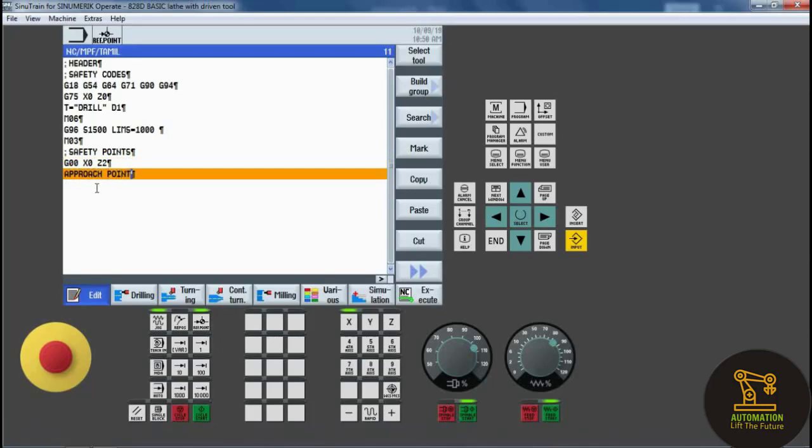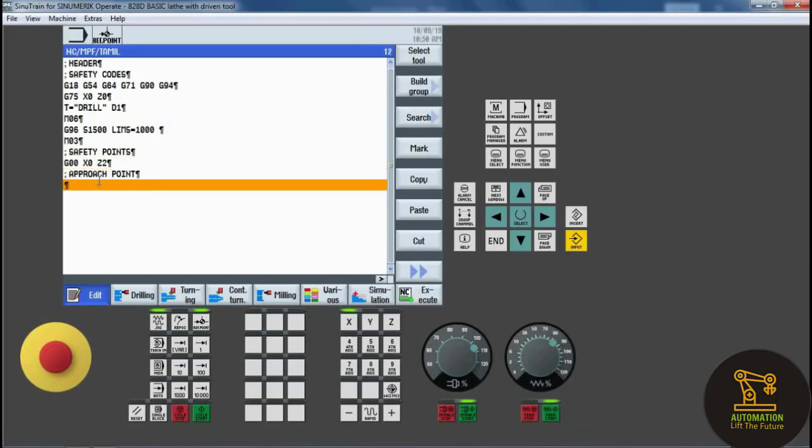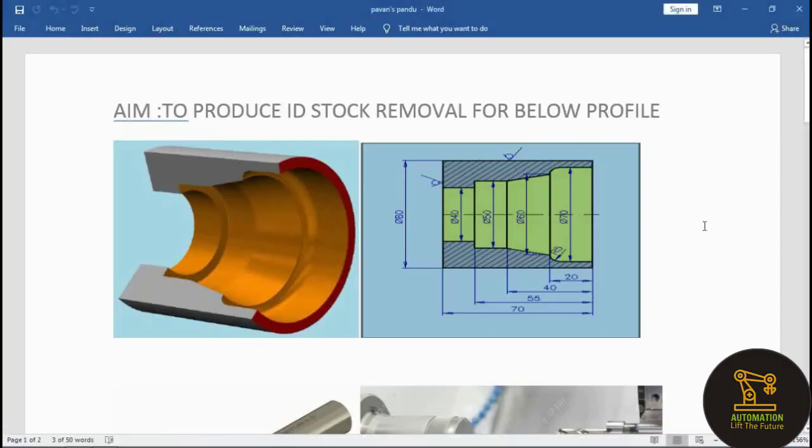Next one is the approach point. Approach point means the tool is touching the workpiece. Before we use alphabets, we should put a semicolon. It is a must. The approach point is slow motion, so you mention G01.